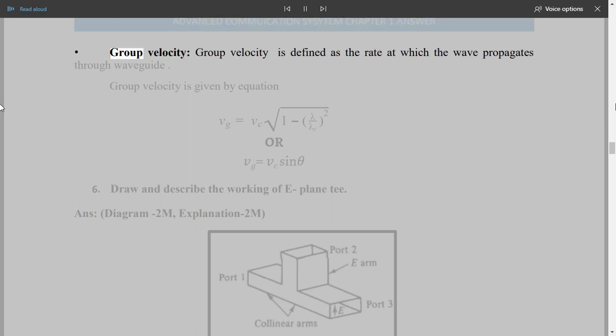Group velocity. Group velocity is defined as the rate at which the wave propagates through the waveguide. Group velocity is given by the equation